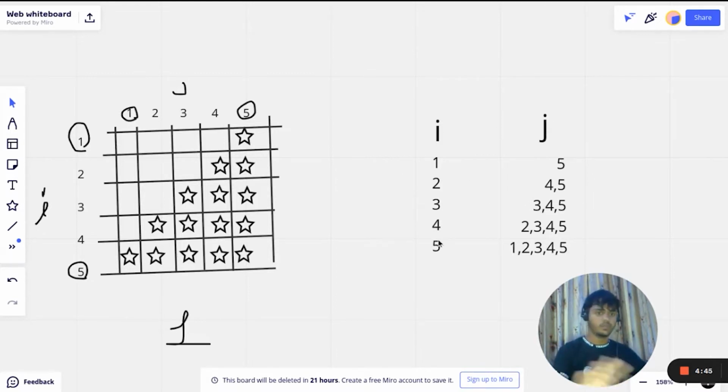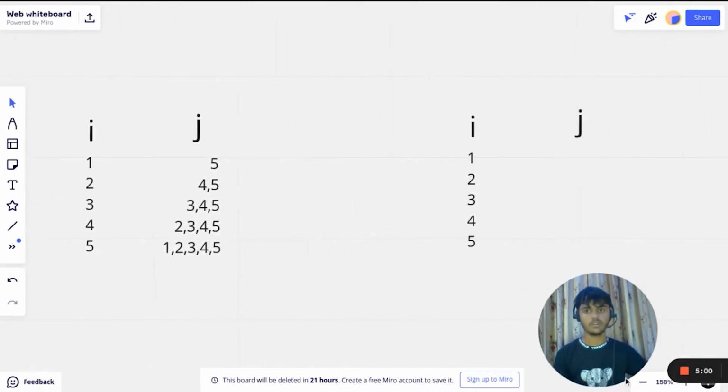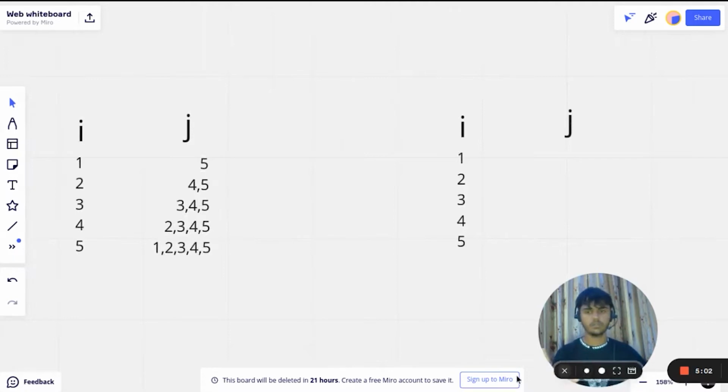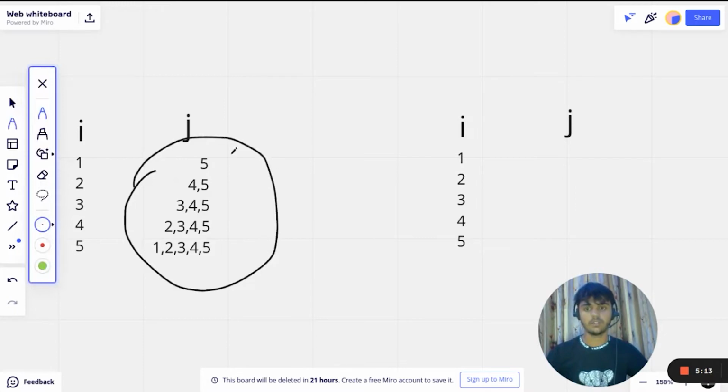So numerically, we need to know what the values of I and J are, what position we need when printing this pattern. So this is the numerical way, the physical way. We need to convert it in a logical way. So how are we going to convert this in a logical way? Let's think about how we can convert this condition